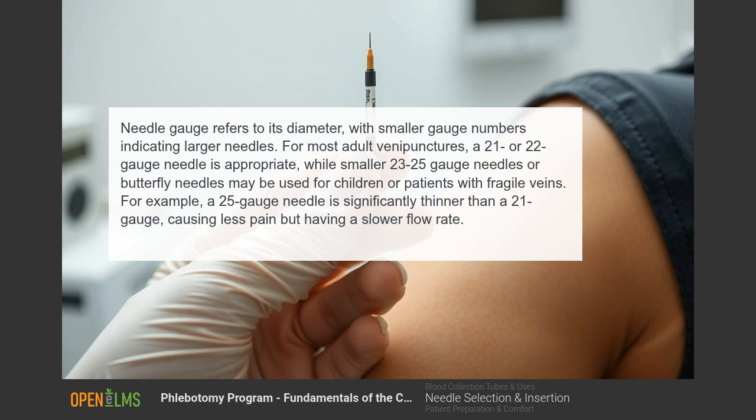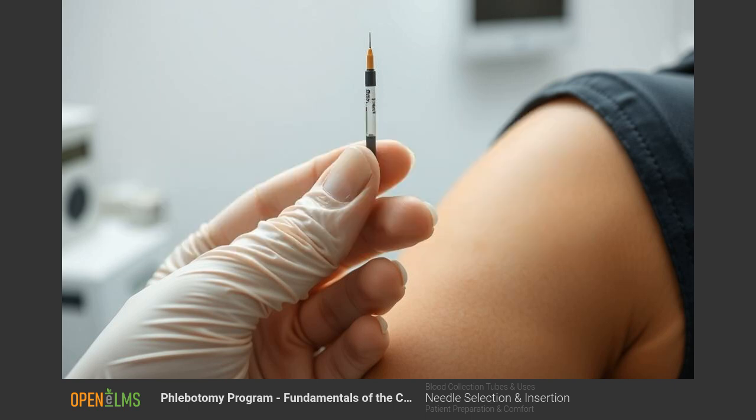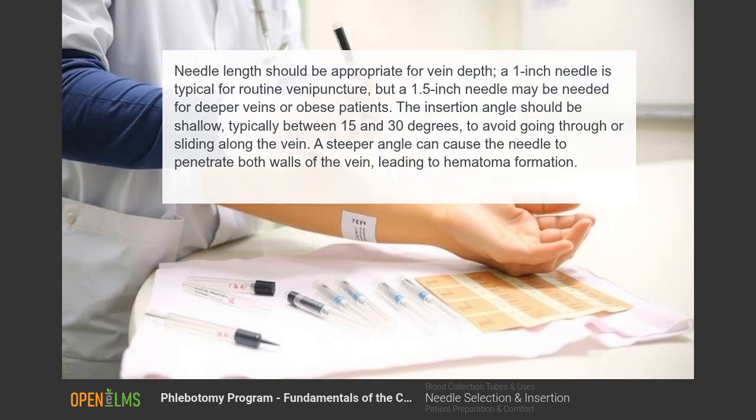For example, a 25 gauge needle is significantly thinner than a 21 gauge, causing less pain, but having a slower flow. Needle length should be appropriate for vein depth. A 1-inch needle is typical for routine venipuncture, but a 1.5-inch needle may be needed for deeper veins or obese patients. The insertion angle should be shallow, typically between 15 and 30 degrees, to avoid going through or sliding along the vein. A steeper angle